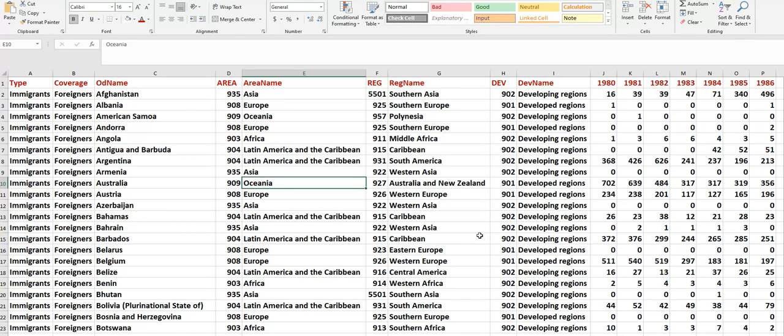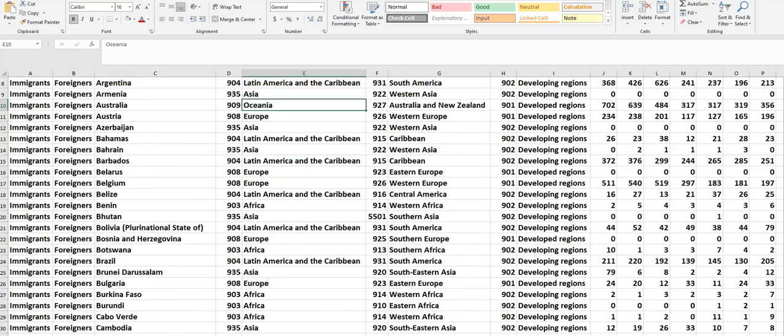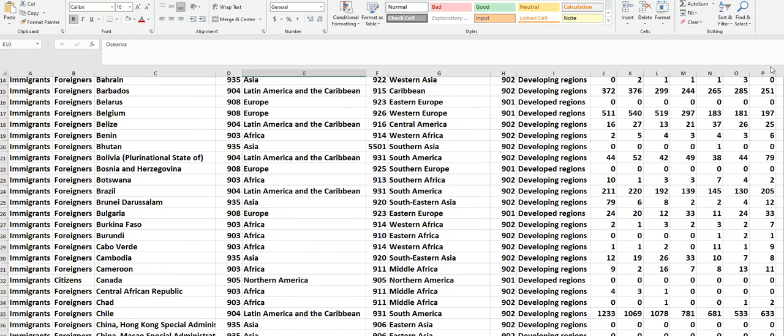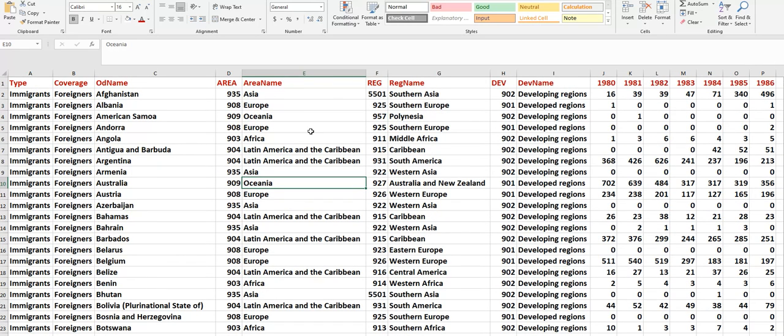In this lesson, we are going to explore our data set, and the name of that data set is Immigration to Canada. The data set is available in the form of an Excel file. This is my Excel file, and these are the columns. Here we have the name of the countries. If I scroll, you will see the country names, area name, and some other columns as well.